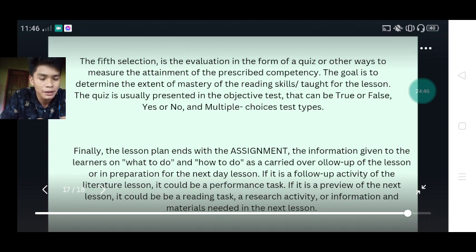Ang purpose sa assignment is unsaon nimo pag-connect or unsaon nimo pag-start ang usa ka another story, kibali imuhang gihatag nimo slag idea through a form of assignment. In that way, mas madali lang nato ma-deliver ang atong next lesson or next story nga atong ipabasa sa ilaha, nga ilahang buhaton sila, assignment given to the learners on what to do and how to do.